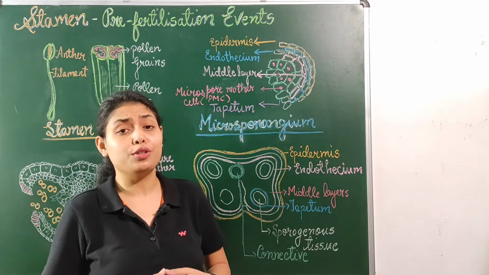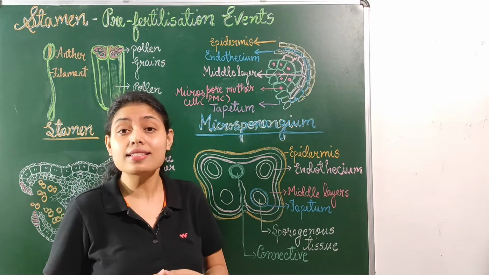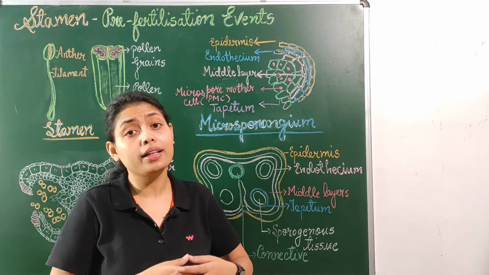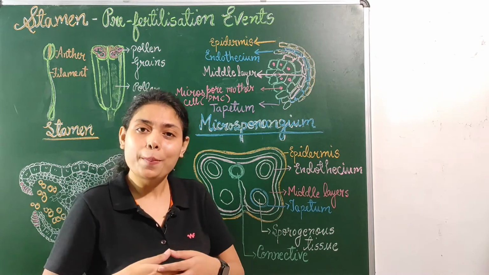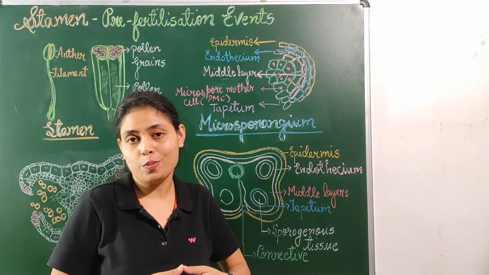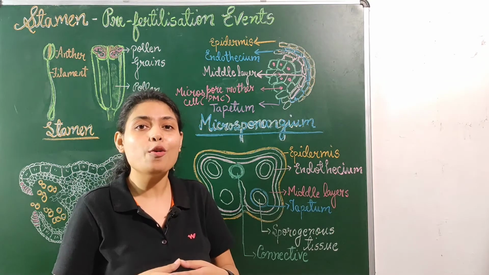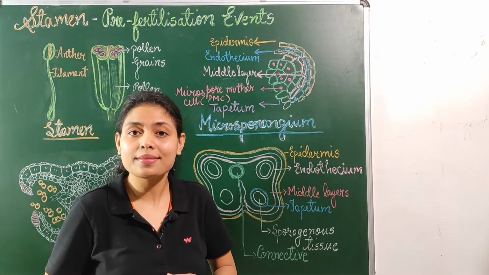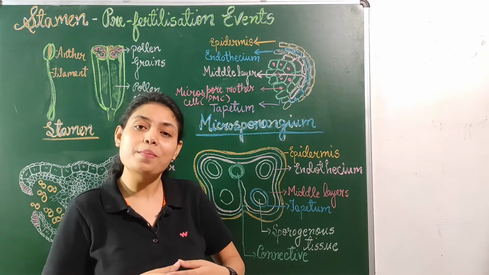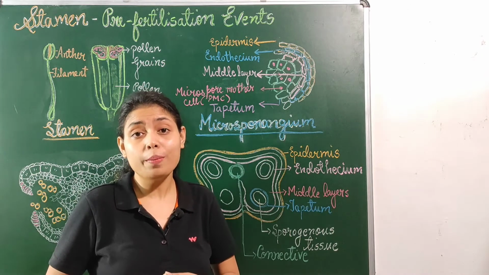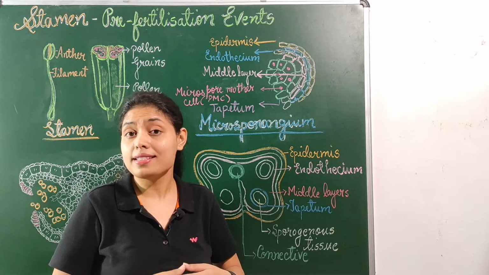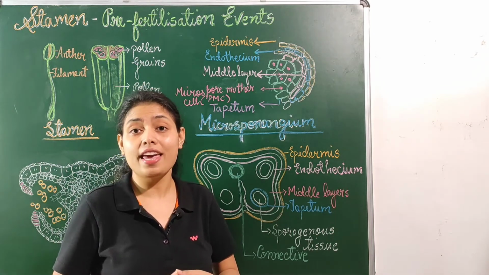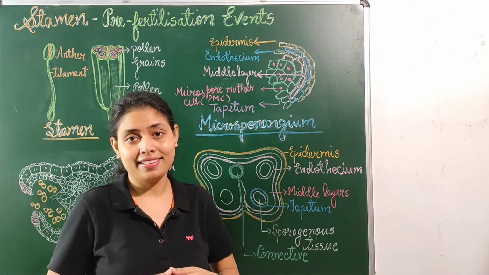Now, the sporogenous tissue over here is also known as microspore mother cells. Now, why are they known as microspore mother cells or pollen mother cells? Because each cell of microsporangiate tissue is capable of producing pollen, and just because of this reason, they are also known as PMC, pollen mother cell. One more thing to remember, the cells of tapetum have dense cytoplasm and they are multinucleate cells. That means they have more than one nucleus.